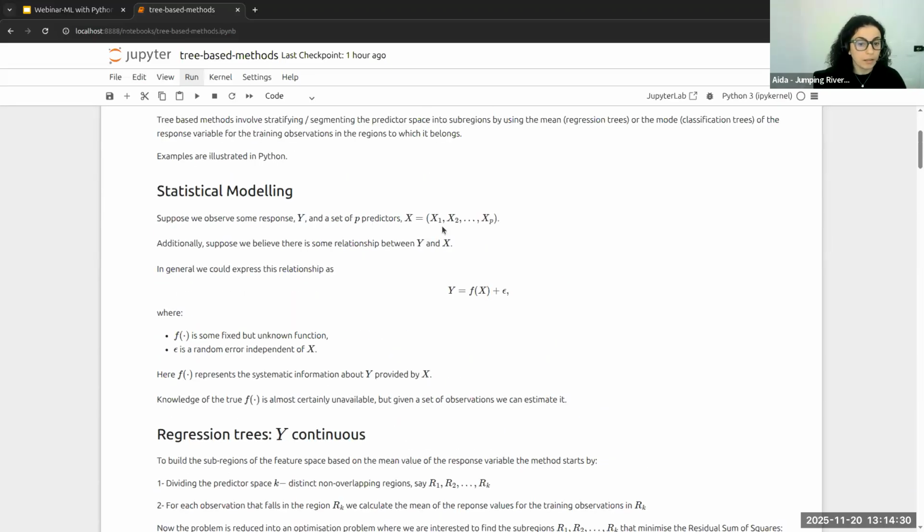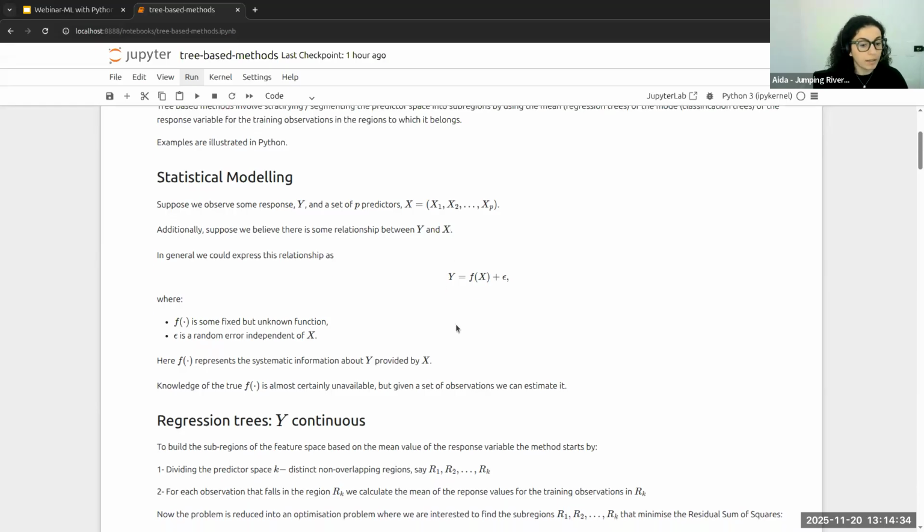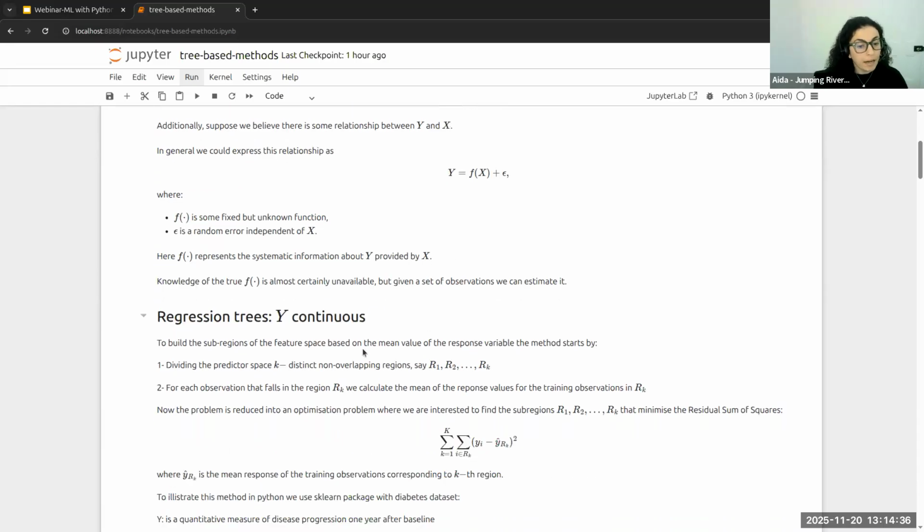So let's say in X, if I've got a single variable X, for example, I divide this feature space into subregions in such a way that these regions are non-overlapping. I've got maybe K distinct regions, which I call R1, R2, up to Rk.